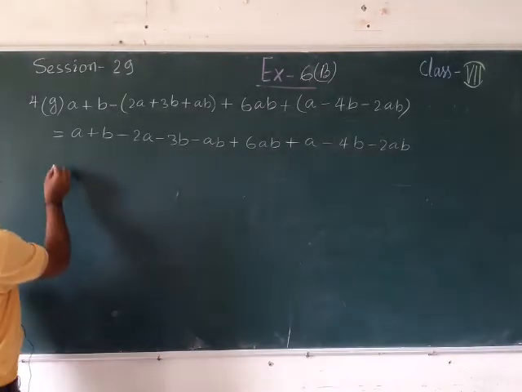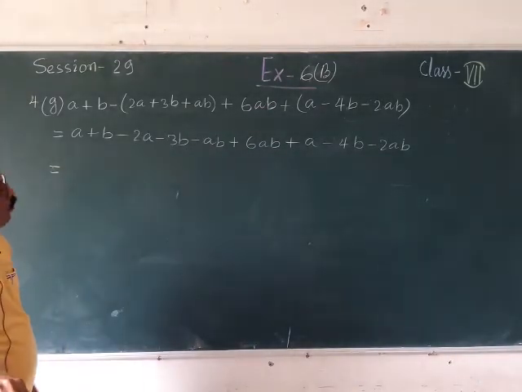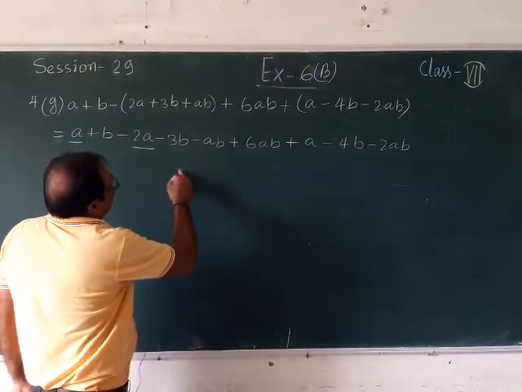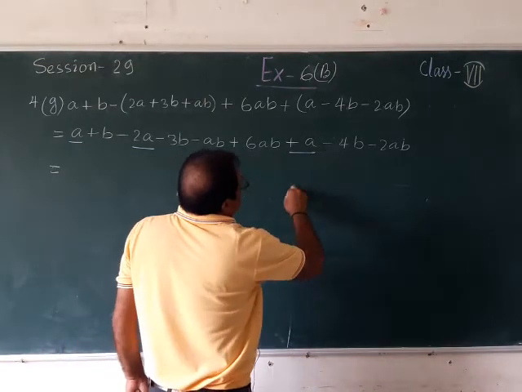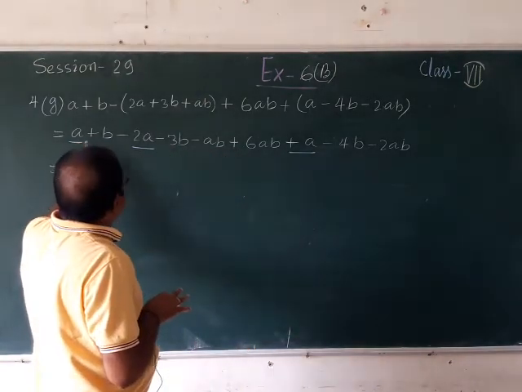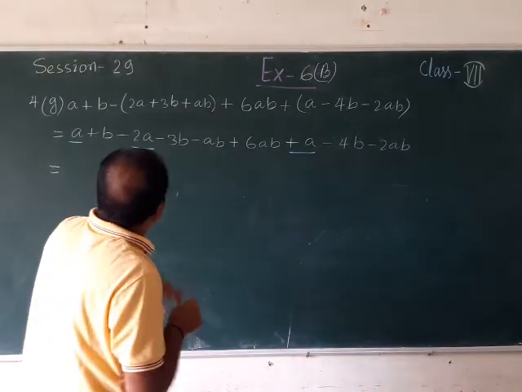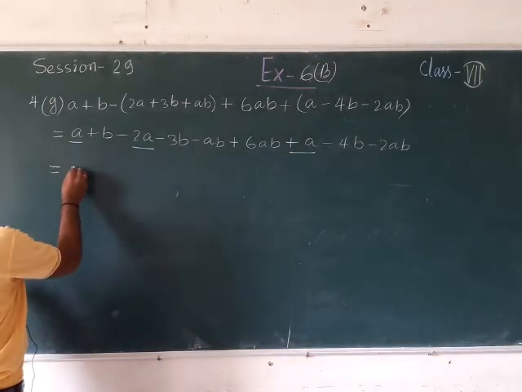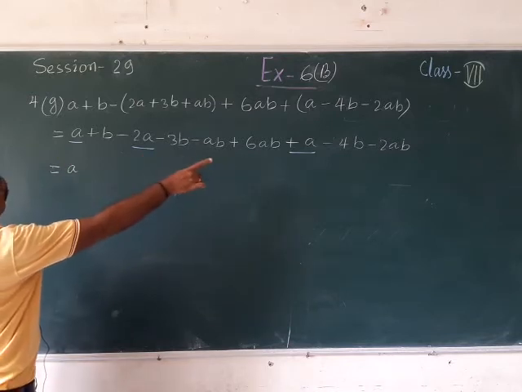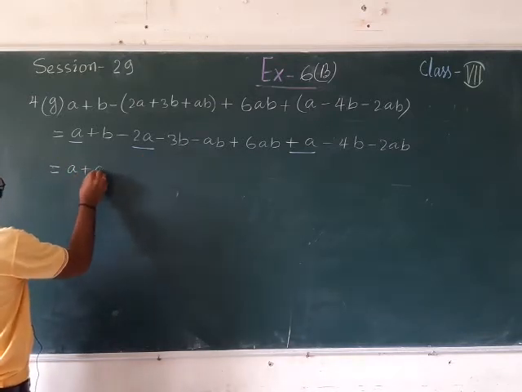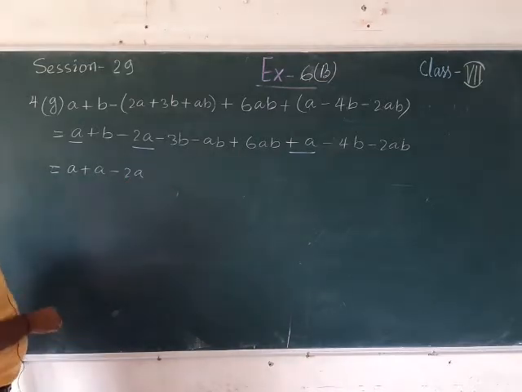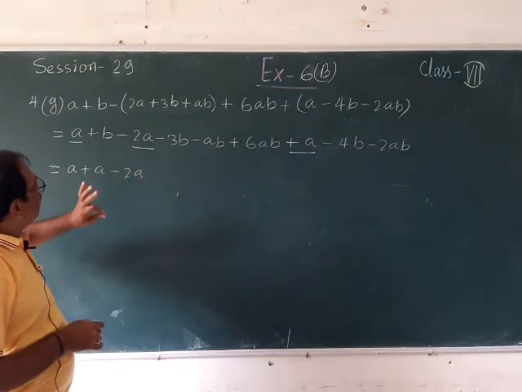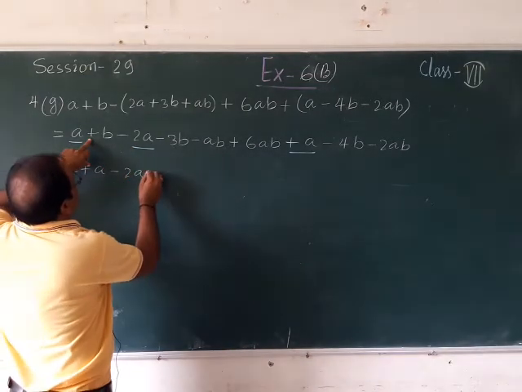Then here I am searching for the like terms. The term containing a, that is minus 2a, and here again I am having a. So the terms containing a are minus 2a and plus a, these are the terms which I have got. Now you need to write it. First of all I am copying this a, then the other plus a is there. So first try to write the terms which have positive signs. Here a is written, this plus a is written, then minus 2a is written. Again I am writing plus b.